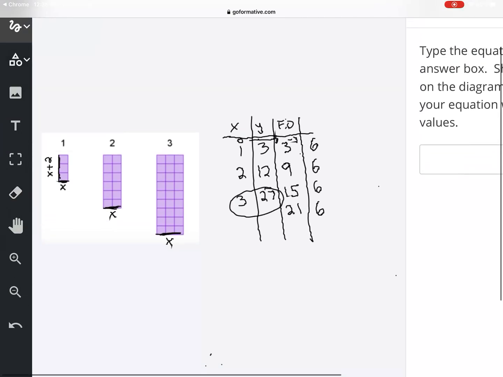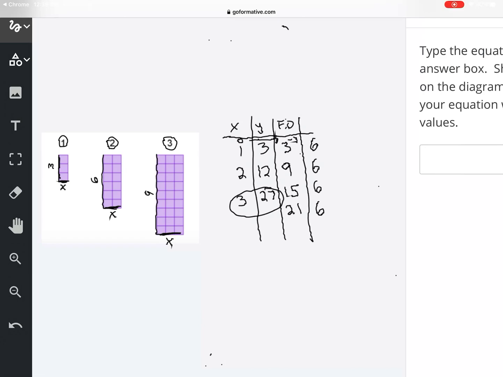What's really going on here is when I relate the figure number and the height, I'm like, okay, when it's 1, it's 3. When it's 2, it's 6 high. When it's 3, it is 9 high. So what's my relationship? It's not adding 2 each time, okay? You can probably spot that it's triple, okay? When it's 1, it's 3. When it's 2, it's 6 high. When it's 3, it's 9 high, okay? So really, the height of any one of these is triple the figure number. So it's going to be 3x